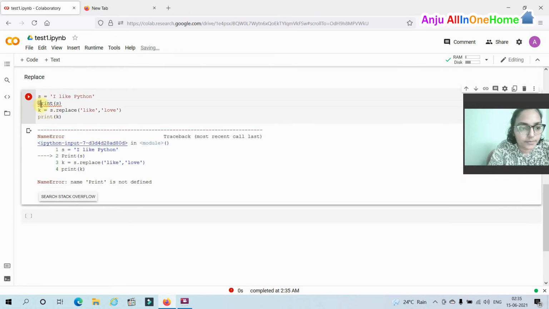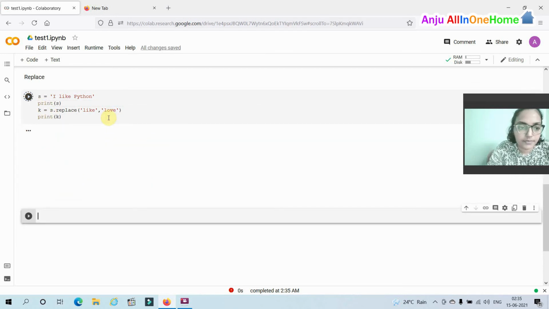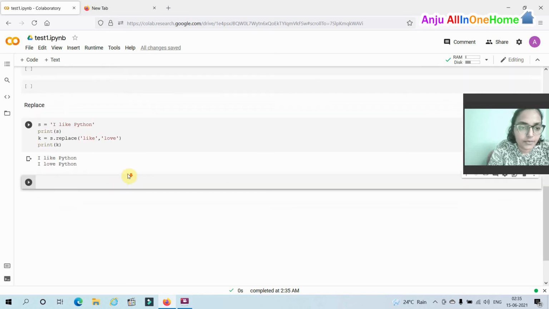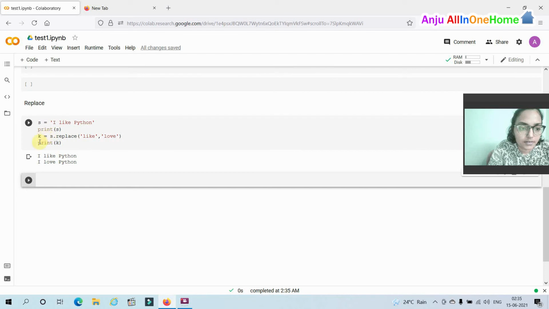Sorry, here print it is monitored. Okay, here the variable k contains I love Python. Like is replaced with love